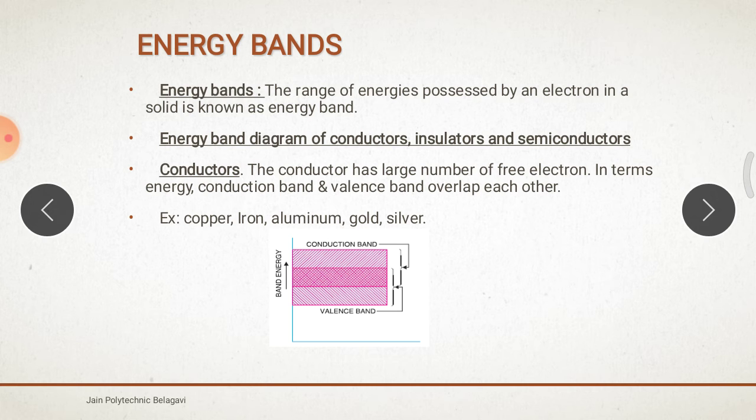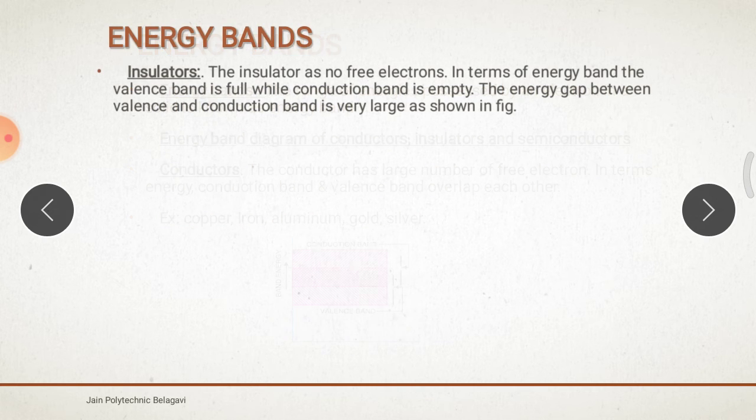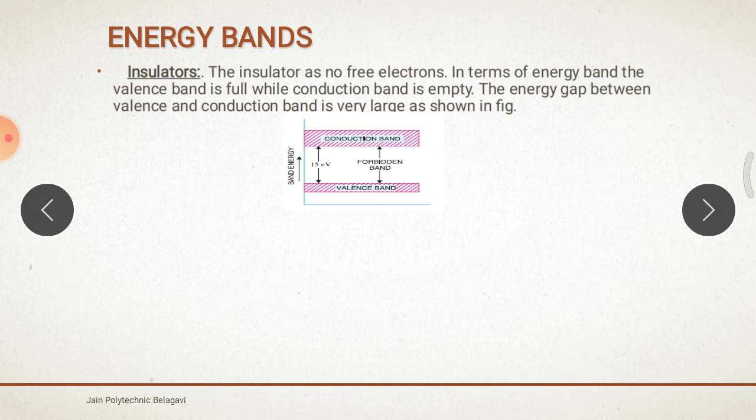Next, in the same way we'll see the semiconductors and the insulators. So in the insulator, how is it? What is the forbidden energy gap? An energy band which separates the conduction band and the valence band is called the forbidden band or forbidden gap. You can see here the conduction band and the valence band, valence electrons. There are no free electrons here, so it is separated by some energy gap.